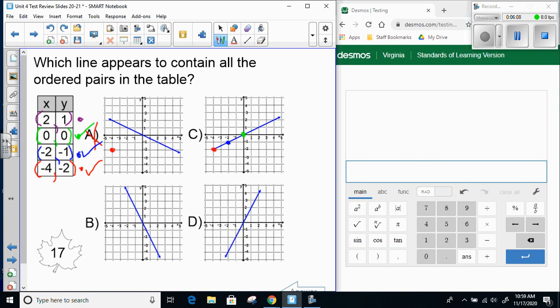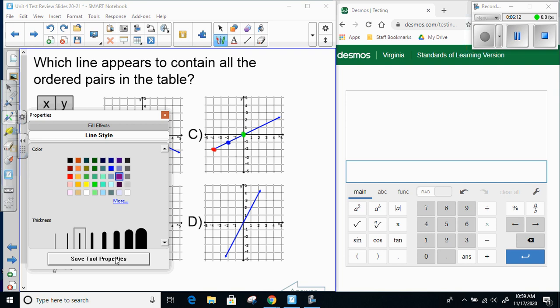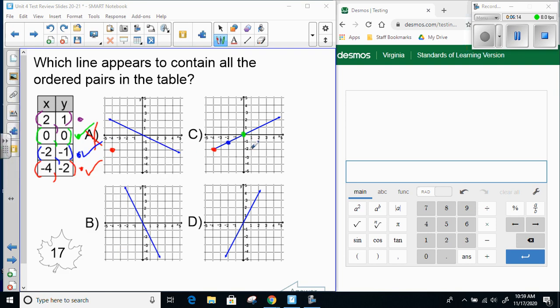The last point I need to check for is 2, 1. +2 for my x, +1 for my y. So from my origin, when x is positive, I go right 2. Because my y value of 1 is also positive, I go up 1. And sure enough, the ordered pair 2, 1 is a point on the blue line in answer choice C. So because this line in C contains all of the ordered pairs in the table, C must be the best